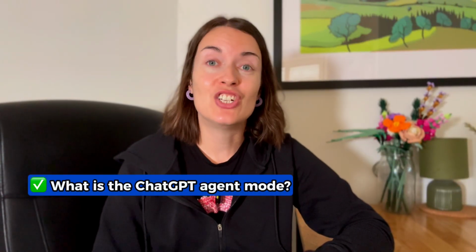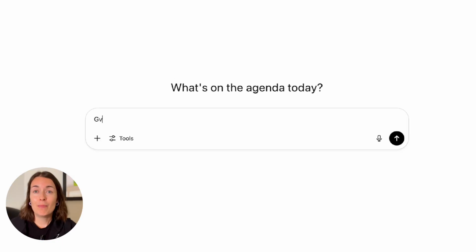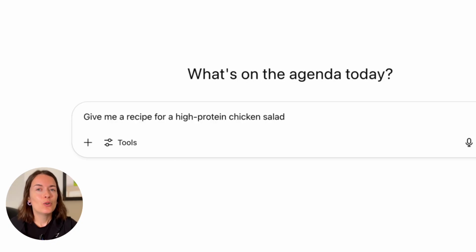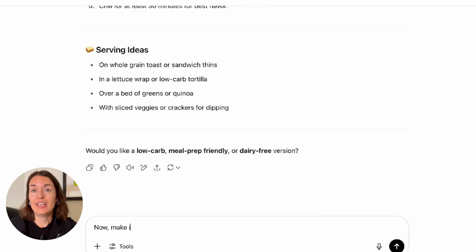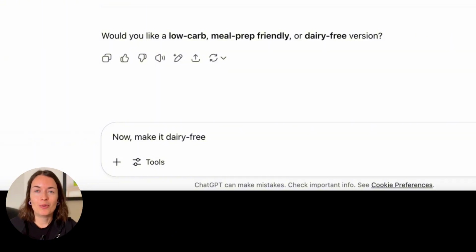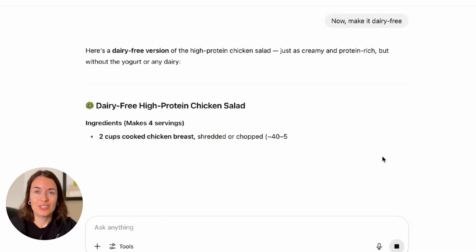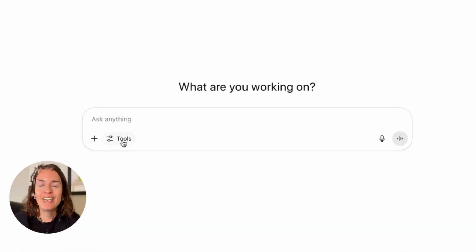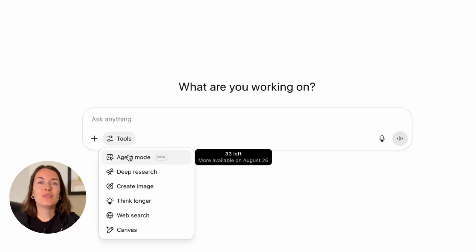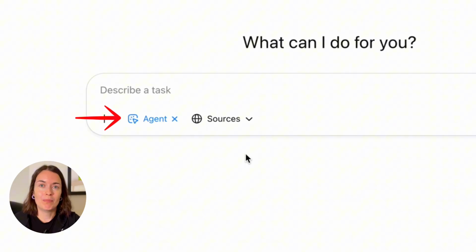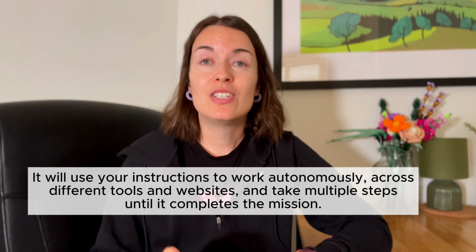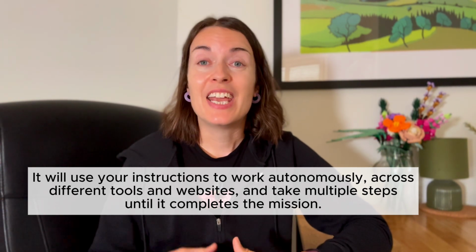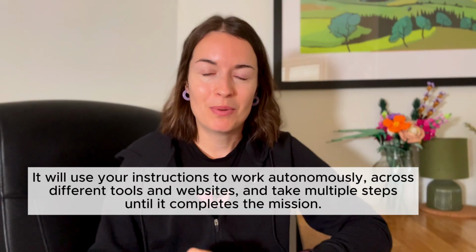So what is the ChatGPT agent mode? The basic way you use ChatGPT, which you're probably used to, is you ask it one-off questions and then you get some output, like this. If you need more, you then ask follow-up questions and you get some more output, like this. But the agent mode is different. It's about giving ChatGPT a mission to complete. It will use your instructions to work autonomously across different tools, websites, and take multiple steps until it completes the